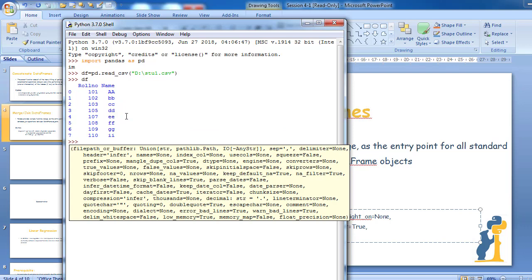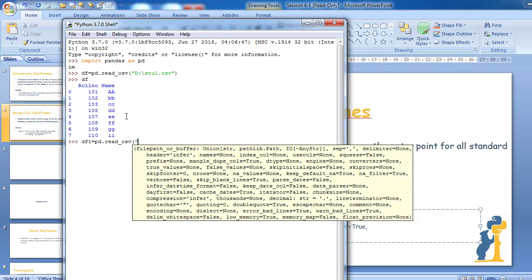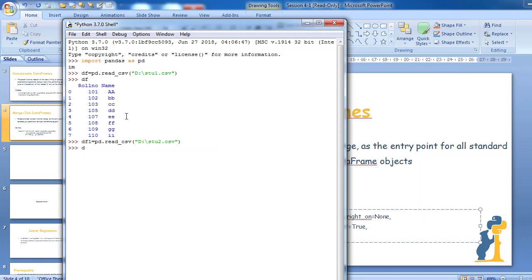In student1.csv, I was giving the roll numbers with the names of the students. Like this, tf1 is pd dot read_csv of the second csv file. So I'm just trying to display tf1. Yes, tf1 has two fields, roll number and age.